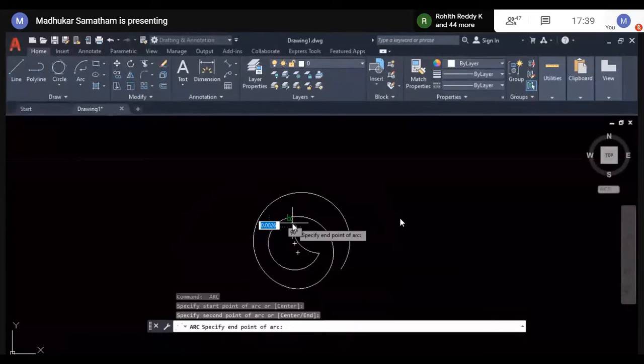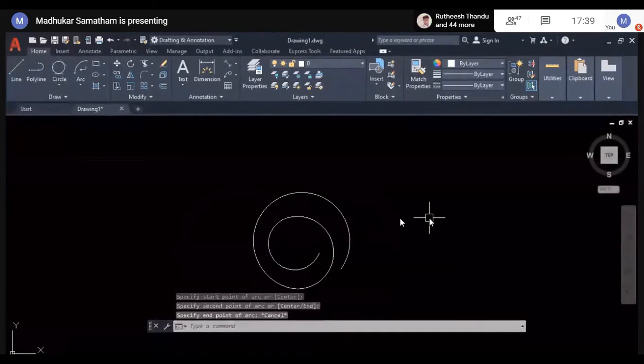This is the advantage with the continuous arc. Now we will discuss rectangle options.